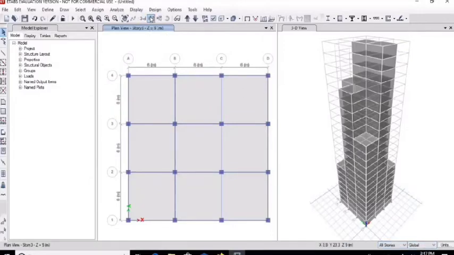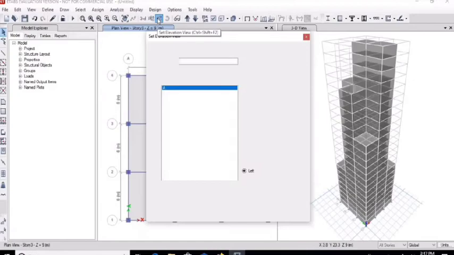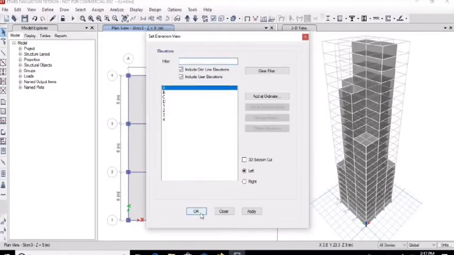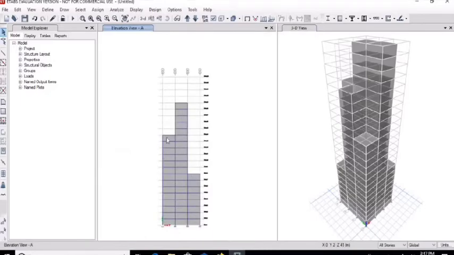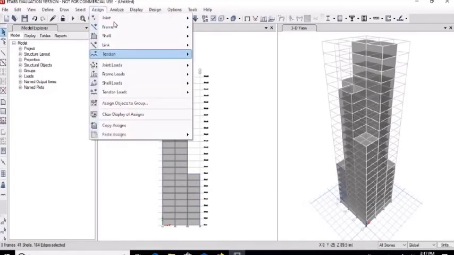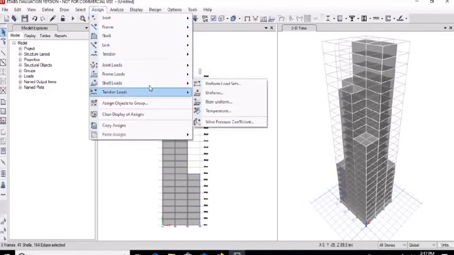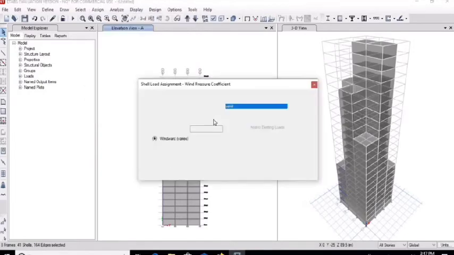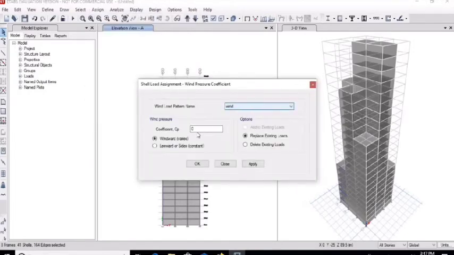Now select all story. Go to the elevation A. Click on OK. Select all shells. Then go to the assign menu. Select shell loads, wind pressure coefficient, and type the wind pressure coefficient as 0.8 on the windward side as per IS 875.